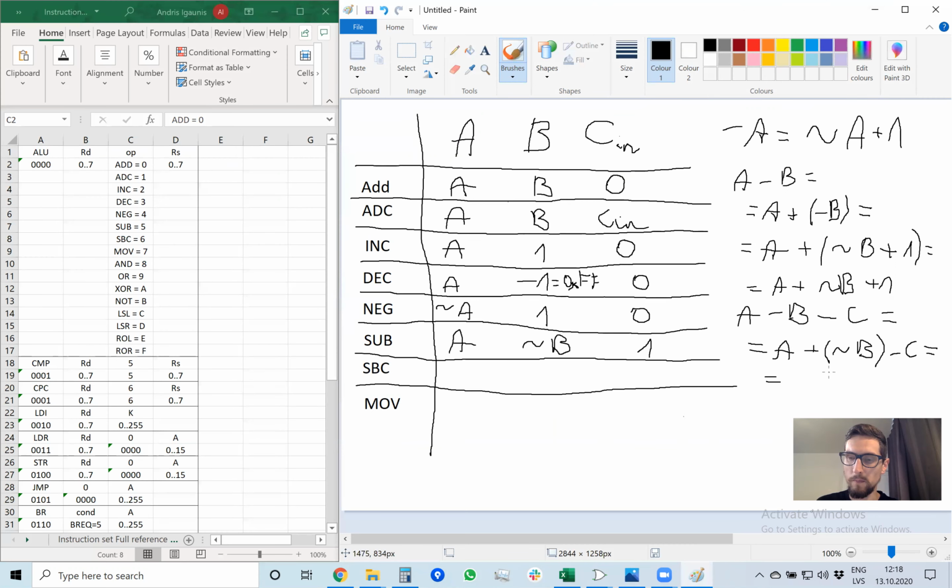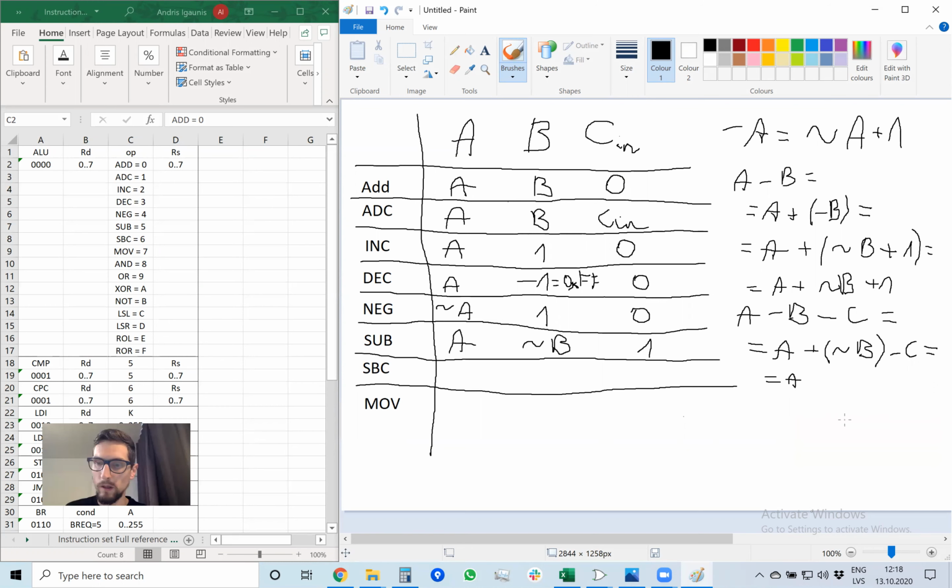Okay, so A plus B minus carry, and it is A plus B with inversion plus 1 minus carry. And if you understand anything about Boole algebra,